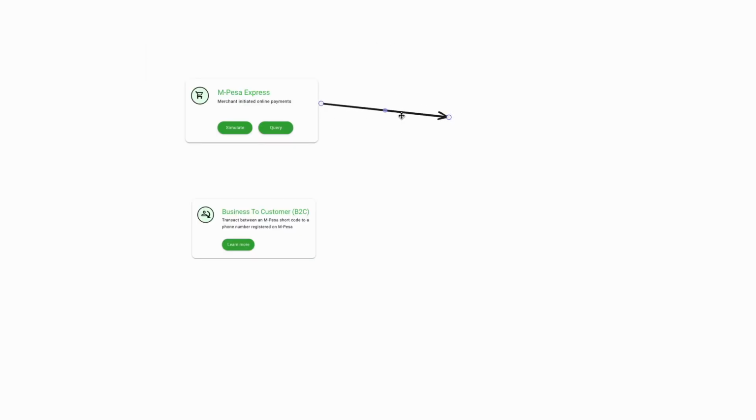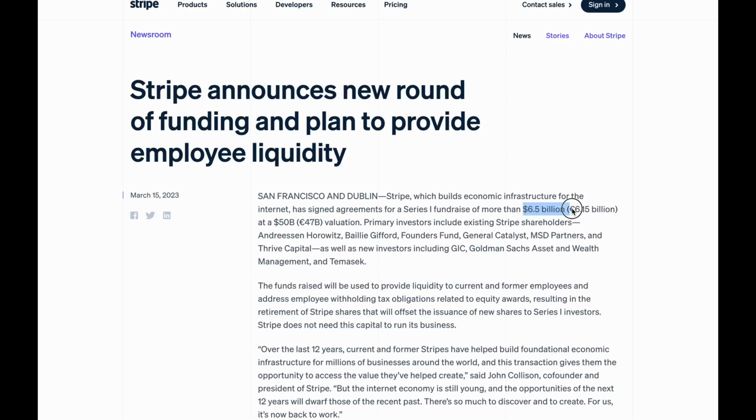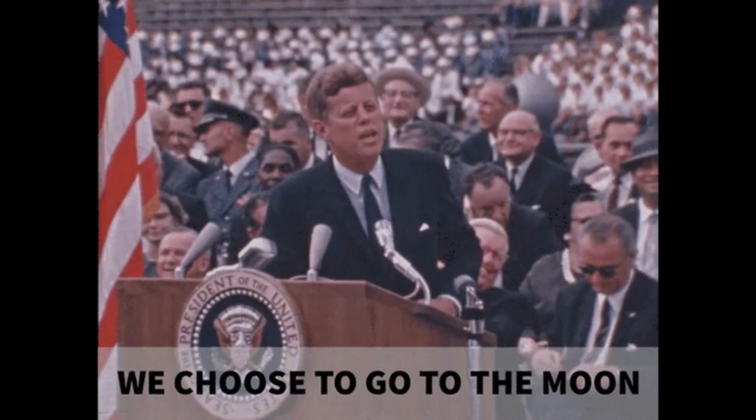So what I wanted was an abstraction layer built on top of these mobile money providers with a simple to use SDK with built-in integration to business needs. So basically something similar to Stripe. Now I do realize I don't have the same funding Stripe has, but then again,